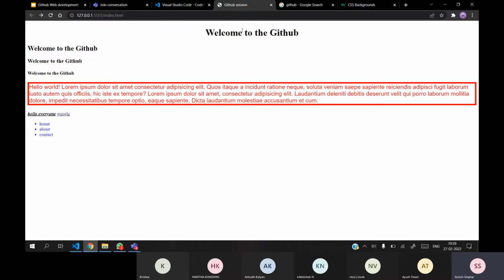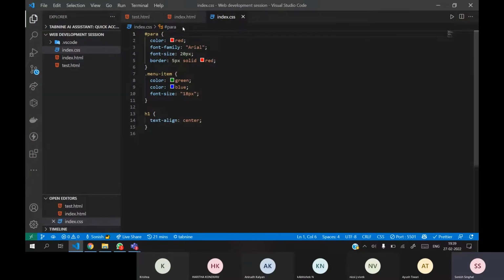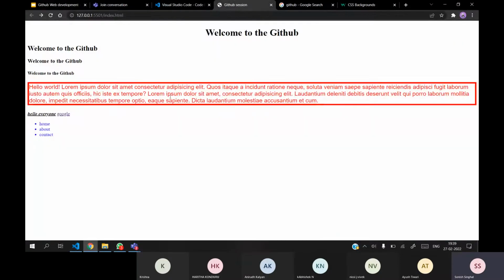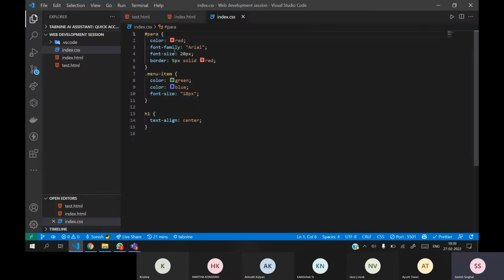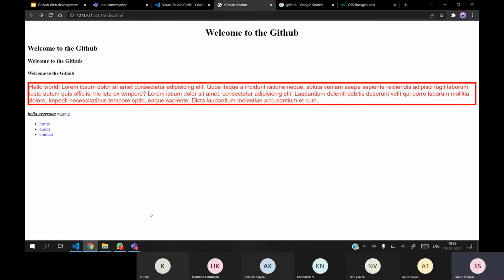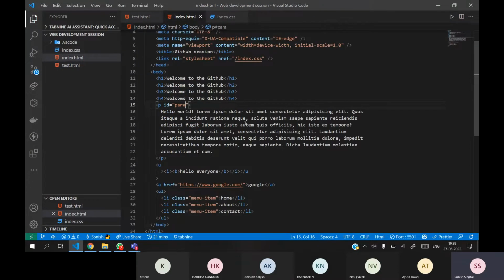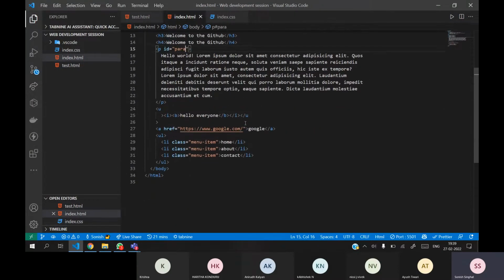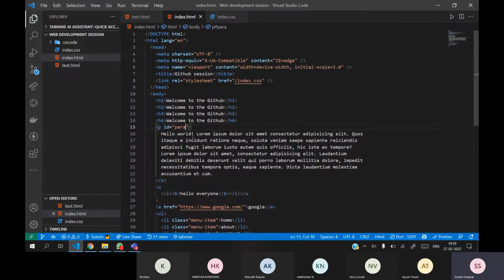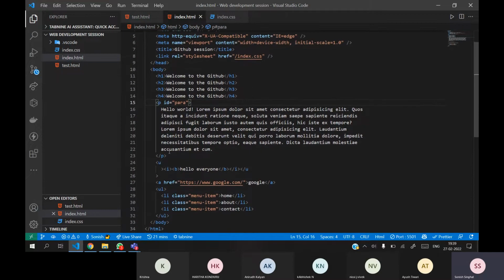So here you can see our paragraph is still there, even though we have removed that attribute. Because we are using the paragraph ID, that's why it's showing us. But remember that a class can be used for multiple tags, but an ID can be used for one tag only. And we can do multiple things, like we have different CSS. If you want to remove something, you can add a background image. So you can use multiple styles.